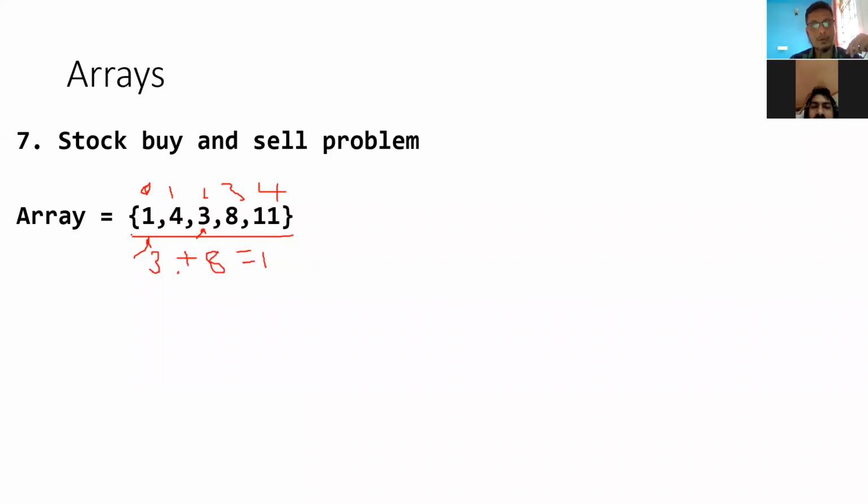Another possible scenario is you buy on the first day and sell on the last day. The profit will be only 10. The idea is to make the maximum profit. Another scenario: you buy at 1 and sell at 4, you buy at 8 and again sell at 11. You get 3 as a profit, and again 3 from here, so that will be 6. So 11 is the max profit, and your program should yield the maximum profit.